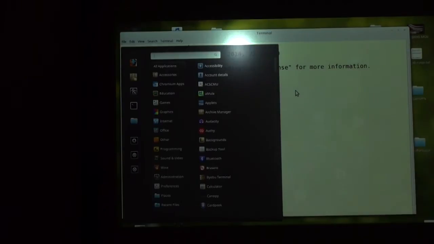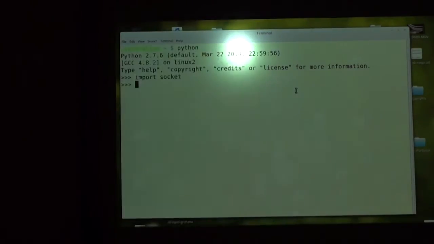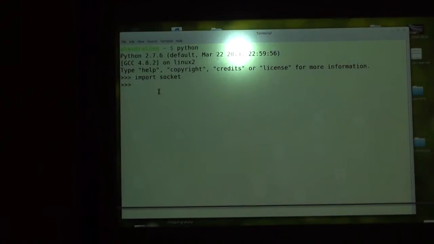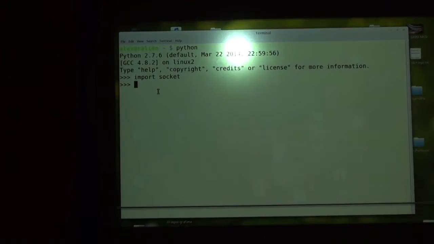No, I'm not doing any screen recording, not yet. So I'm going to turn this into a screencast so you can view it in HD on YouTube for free.